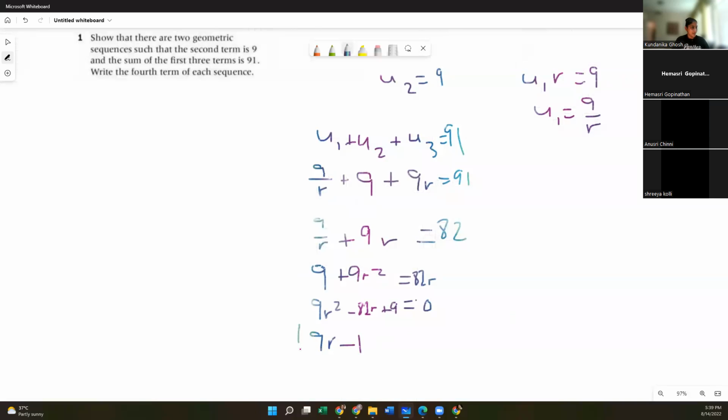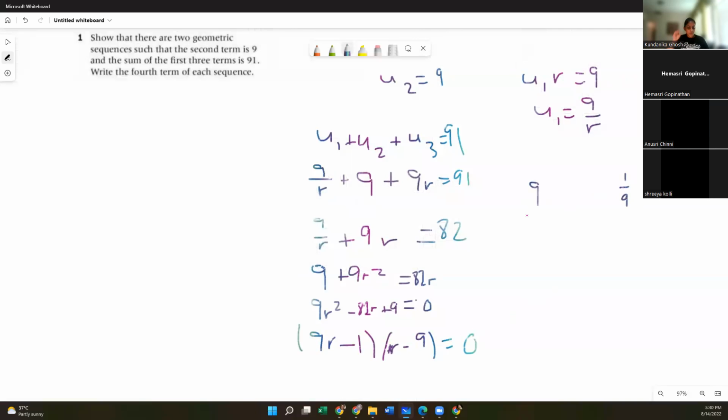Minus 1 and R minus 9. Now, for those of you who can't do this, just stick with the quadratic formula, or if you have some other method that works consistently for you, stick with that and then just figure out what it factors out to or what your solutions are. Now, over here, this means that your solutions are either 9 or 1 over 9. Everyone see how we got that? And if you don't, please review algebra.